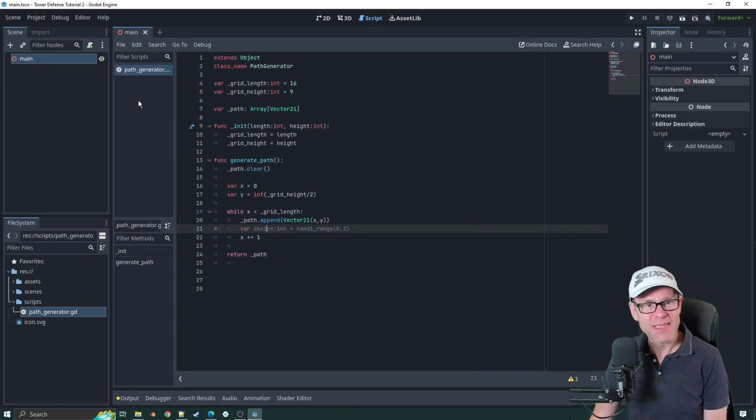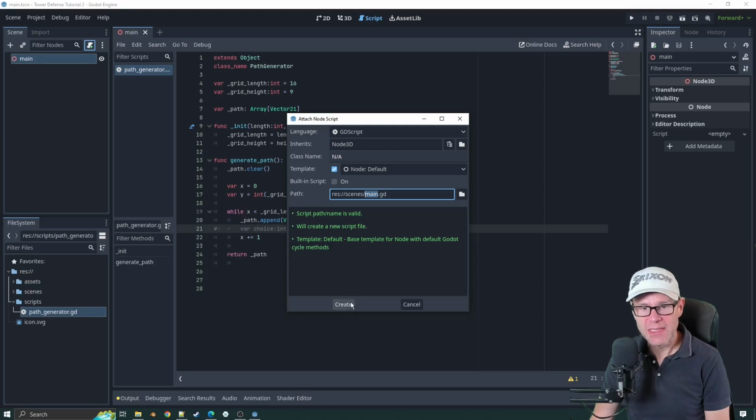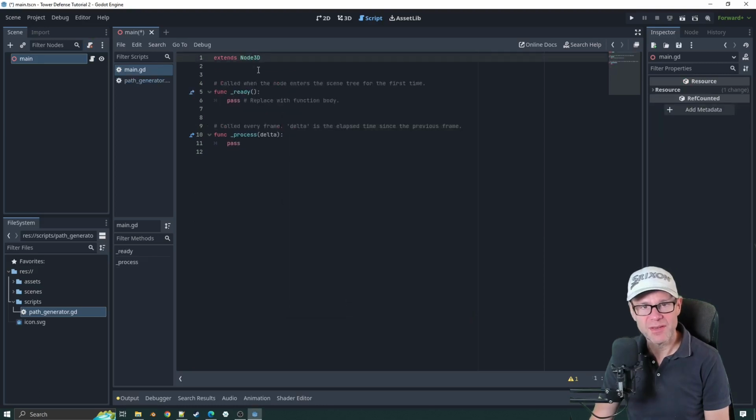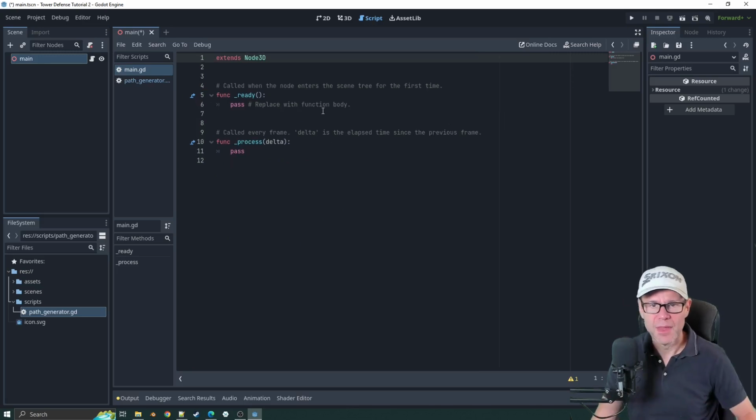So let's go back to our main here and let's generate a script here. That does need to be a Node3D. And main.gd is absolutely fine. And it's created us a ready function and process. Should I just make that text bigger so you can see what I'm doing? There we go. So here, we're going to want to create a reference to our